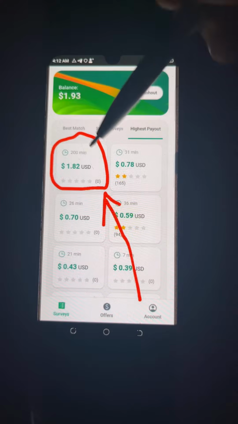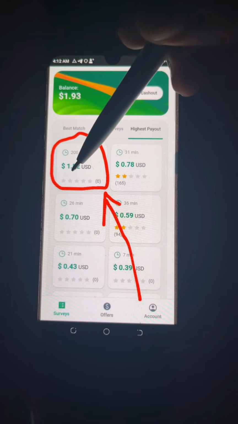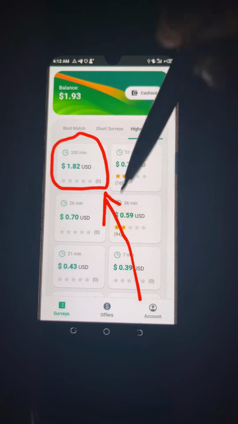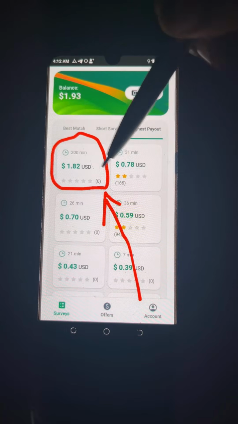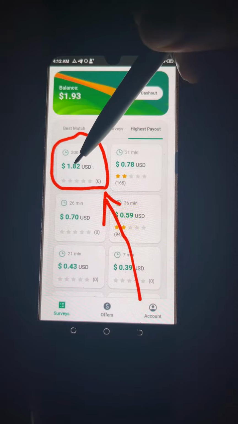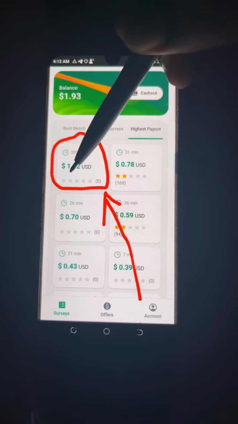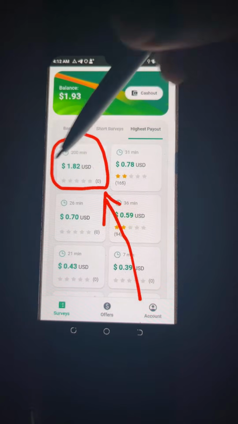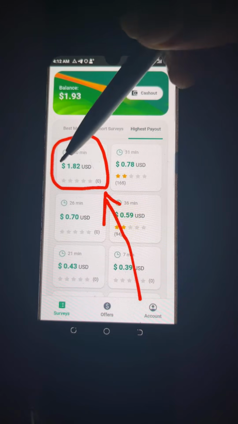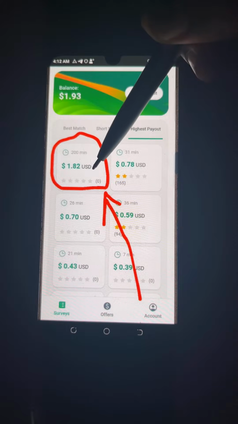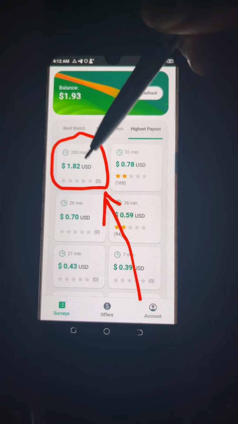You understand? This interface you guys are seeing is by quotas. They drop it by quotas, not by ID. So now, based on the quotas, that's the number of people that will participate on each. Like this one I circled, right? This $1.22, $1.82, right, or 1.82 USD.